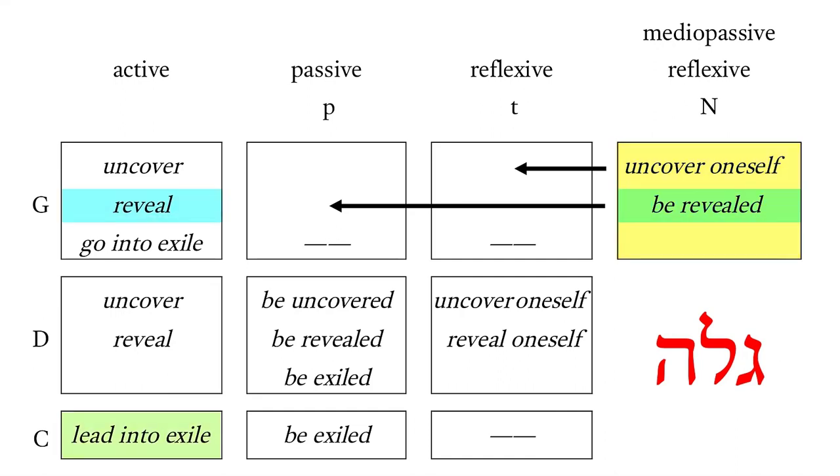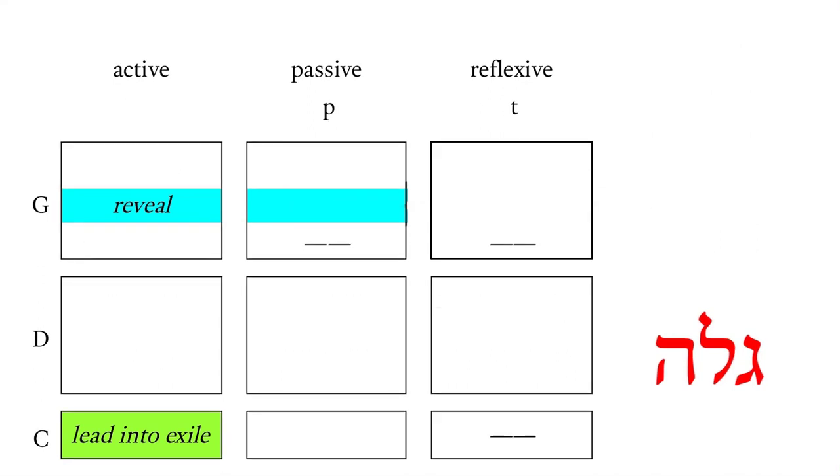Now, we're talking about Aramaic, of course, here, and these meanings in blue and green are the ones attested in Aramaic for this verbal root. So let's clean this up and show actually in Aramaic that what we have is the G stem, that would be the pa'al, the passive for the G stem, that would be the pa'il, be revealed, and then lead into exile, that's the hafel. And that is, of course, what we see here in our verse today that we're looking